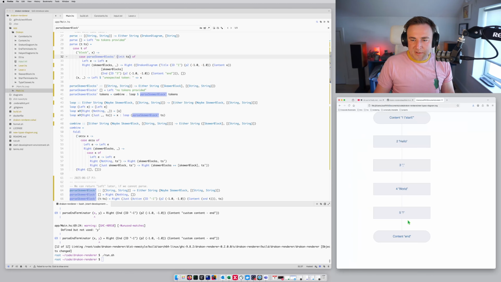So we still expect the icon 6 to be gone. Icon 6 meaning a terminator. And it is. Well, when I say icon, I also mean the skewer block. And now